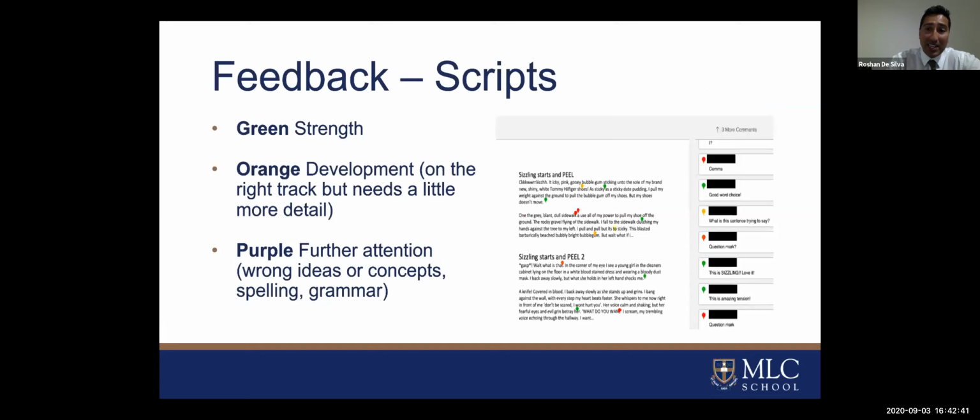In terms of marking and feedback, we're very clear across the whole school about how feedback is given. So we use colors, and I think Barker, you guys do this as well. Green is an area of strength. Orange is something that requires development, and sorry, I put purple here, but they've used red, which I need to talk to the teacher about, where that's something that the students need to look at and change